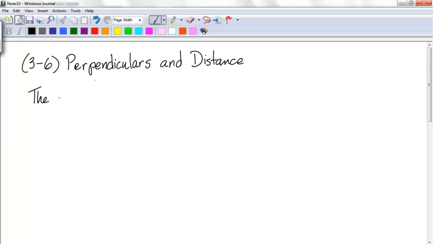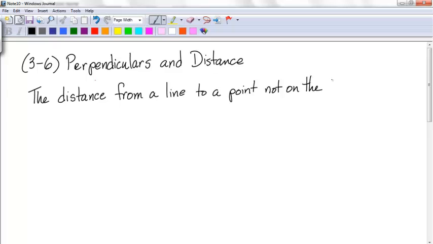The author states the distance from a line to a point not on the line is the length